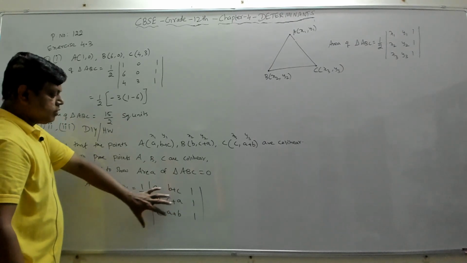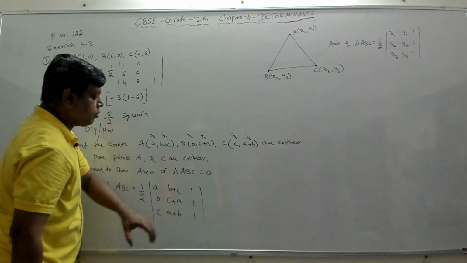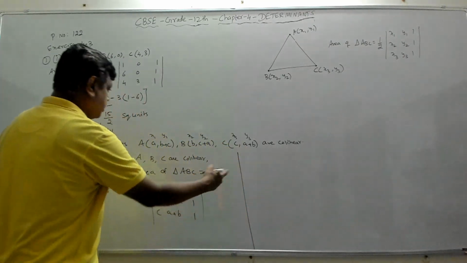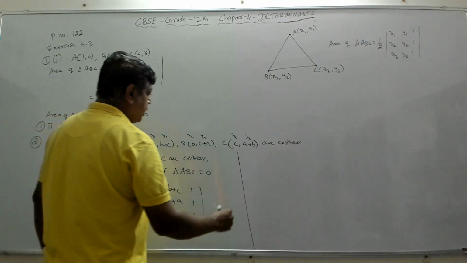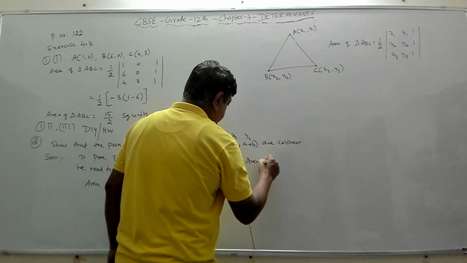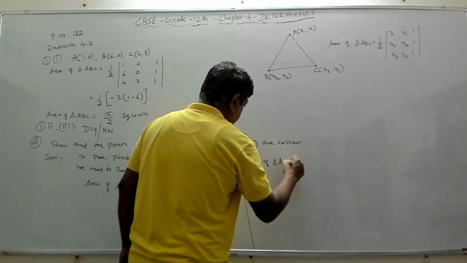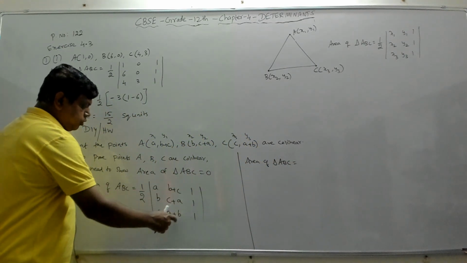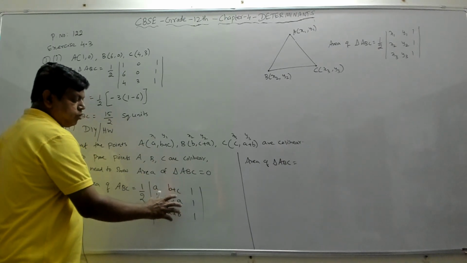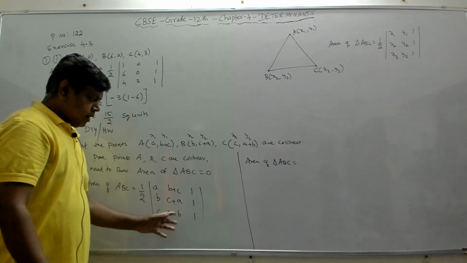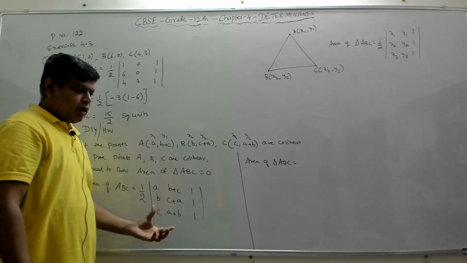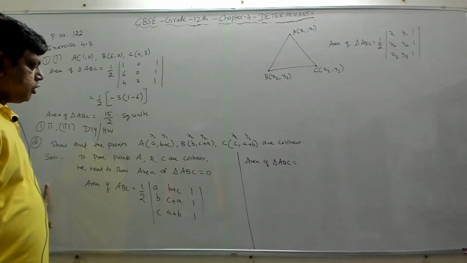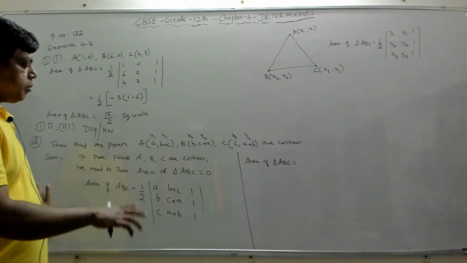Now, we have to show that the value of this determinant is 0. Fine. Now, I will continue here. The continuation of this is here. Area of the triangle ABC equal to. Now, if you observe here, to show that this is 0, we have to show that the determinant is 0. So, we can either expand the determinant normally, or we can use the properties of determinants and show that the value of the determinant becomes 0. So, how do we do that?